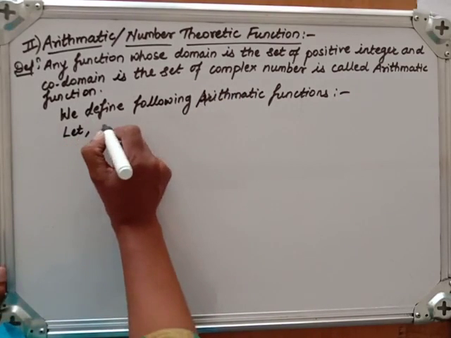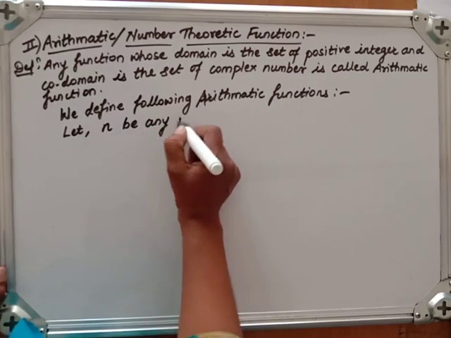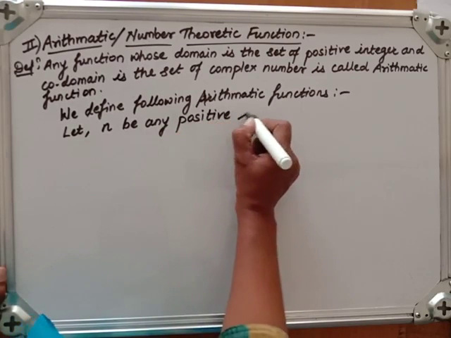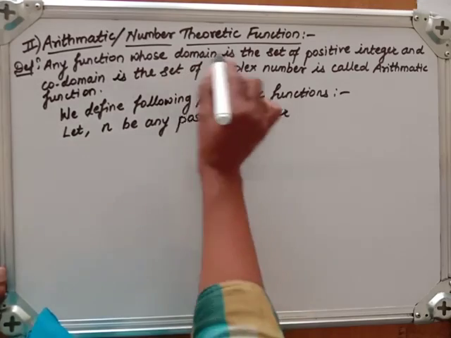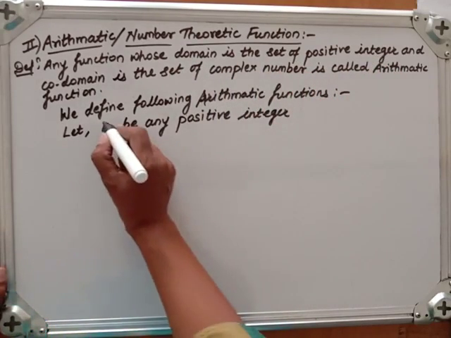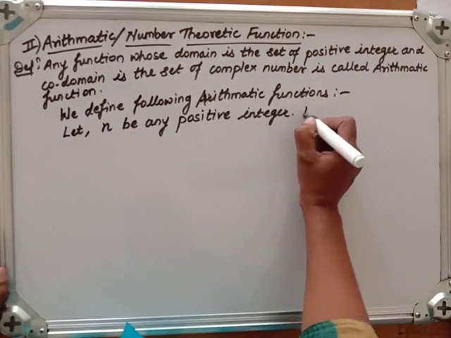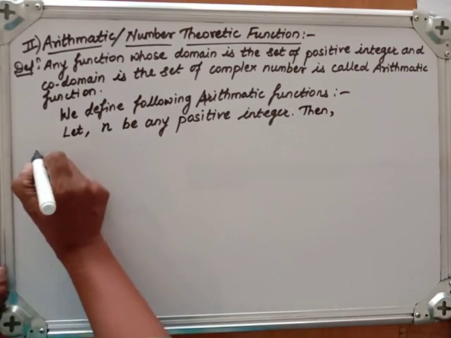First of all, let n be any positive integer, because the domain should be the set of positive integers, so the input should be a positive integer. Let n be any positive integer, then first thing,